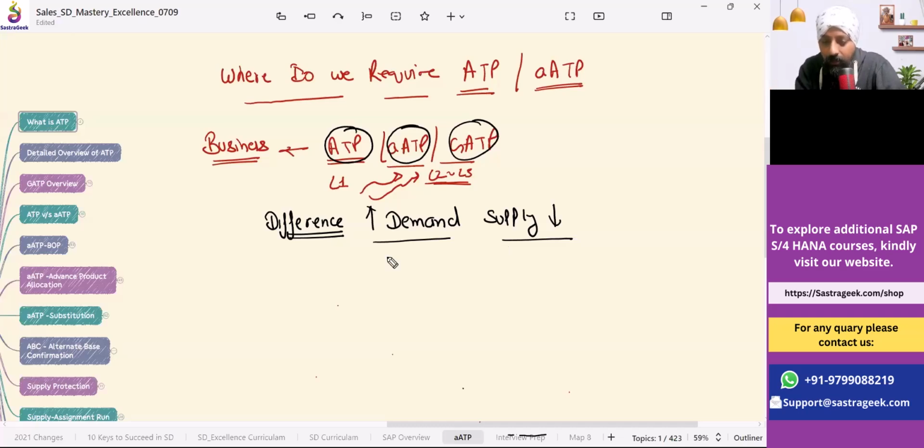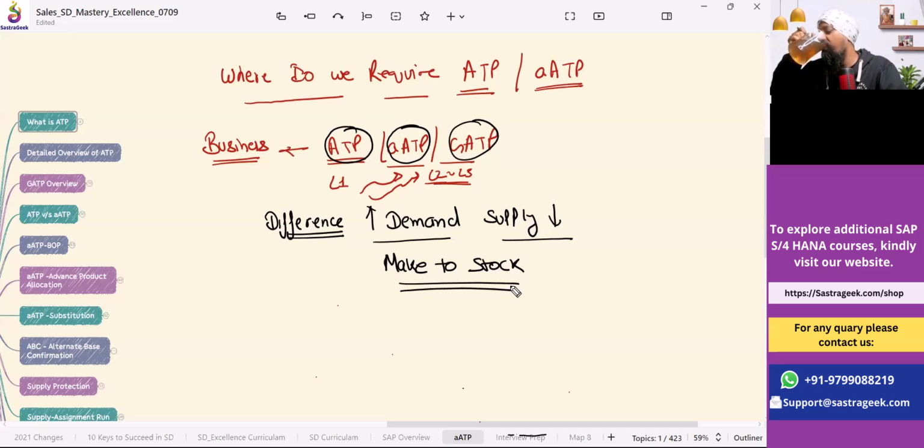And these businesses are make to stock businesses, where there are fluctuations in demand and supply. Sometimes demand goes low, supply goes up. Sometimes supply goes up, demand goes low. So there are fluctuations in demand or supply, and it is make to stock. Make to stock means we produce